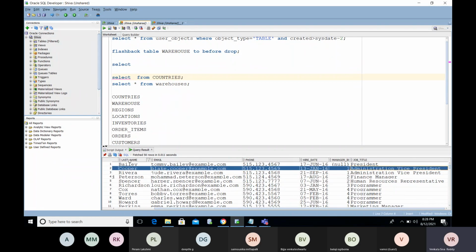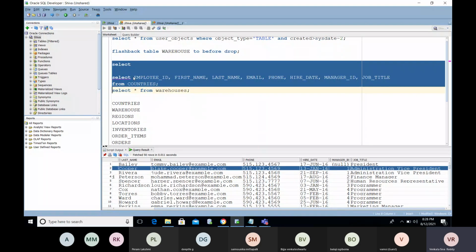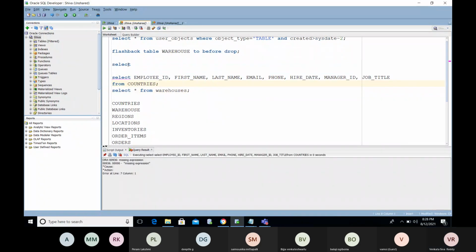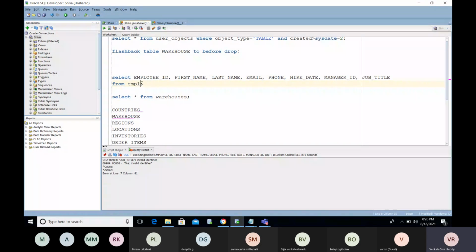So we can practice something for 10 minutes at least. We started the class. Now we have this column, right? This is from my employees, not from the customers.